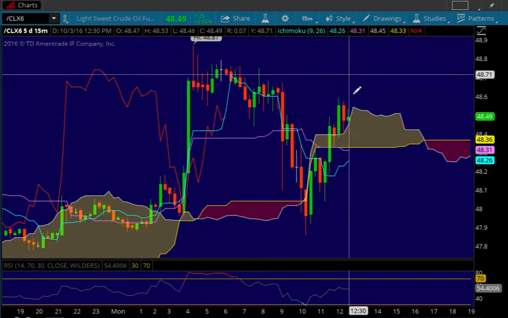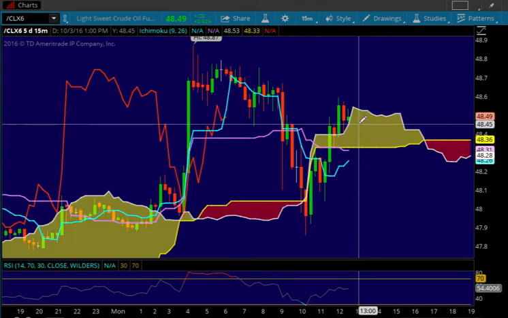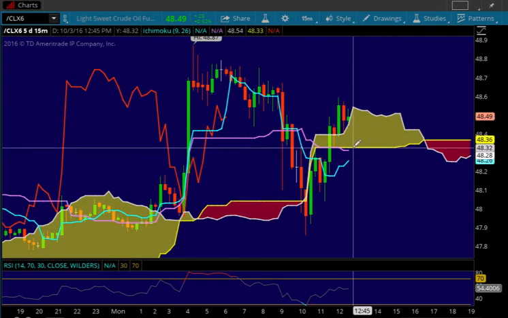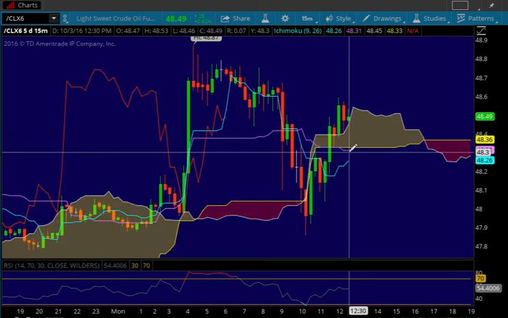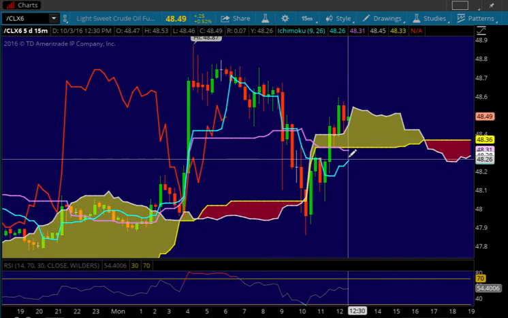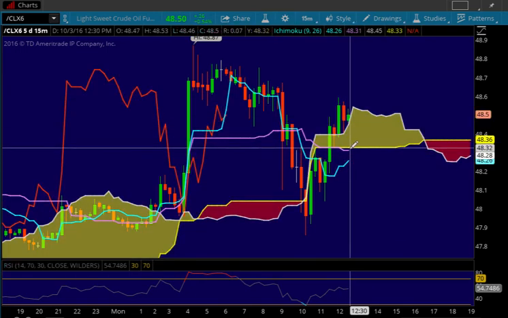If you are long right now, it's important that we stay above the cloud here. If we break back into the cloud, then we're going to have support at the bottom of the cloud down here around 48.33. The Kijun-sen is just slightly below that at 48.31. In order for this chart to be fully bullish again, you really want to see the Tenkan-sen cross back over the Kijun-sen for a bull cross,